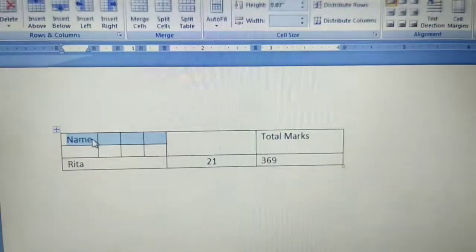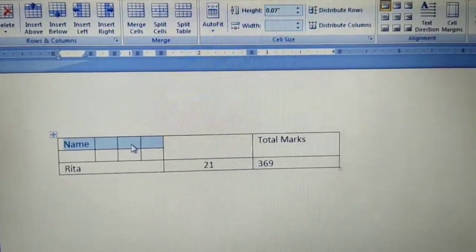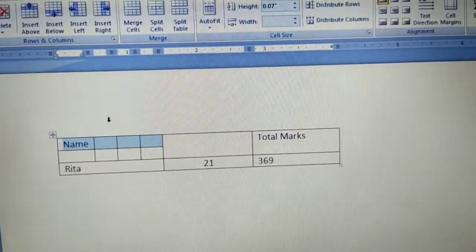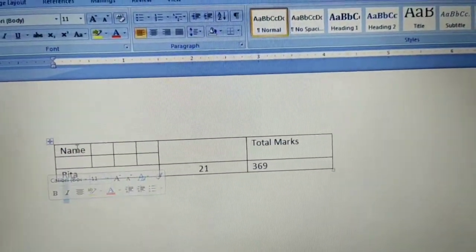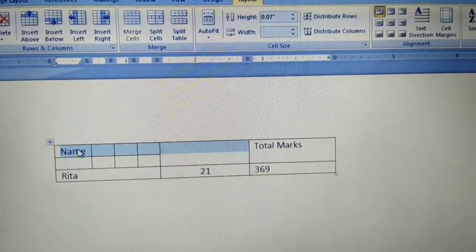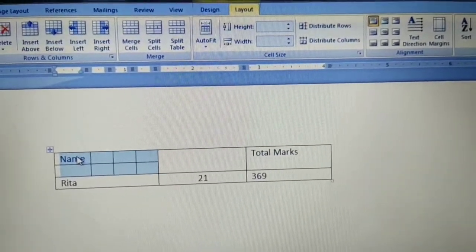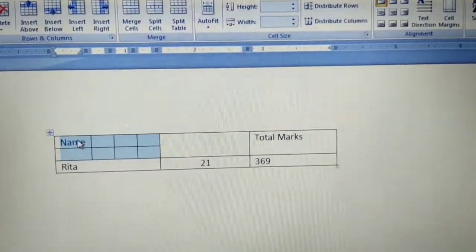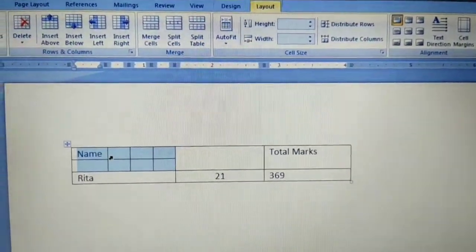And the number of rows I have given is 2. This one is the first row, and this one is the second row. This is the way we split a single cell into multiple cells.